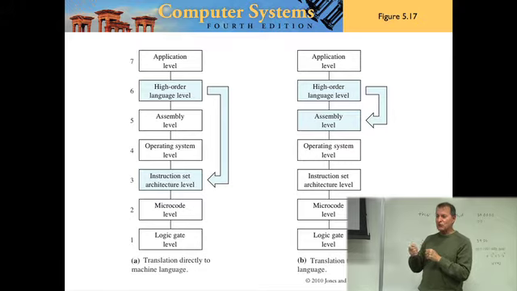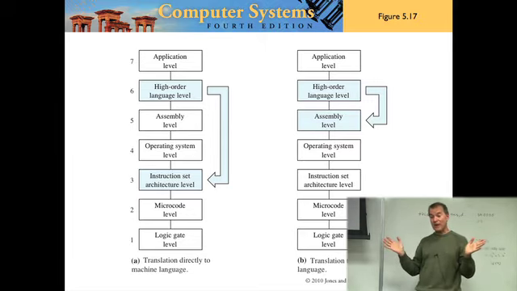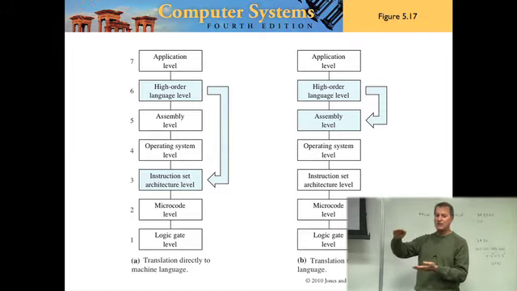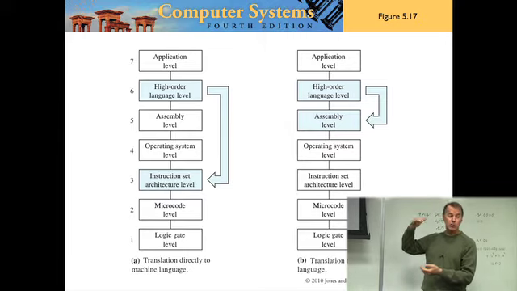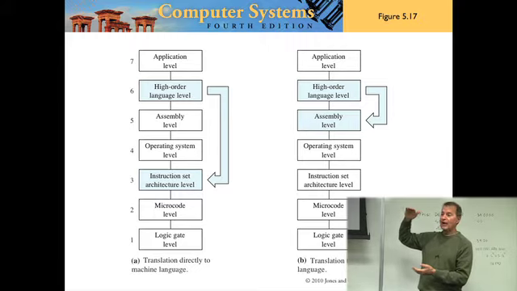So if you want to squeeze the ultimate performance out of your program, you could do what? You could write the whole program in machine code. Well, you're not really saving anything by writing in machine code compared to assembly language, because one assembly language statement is one machine code statement. Are you with me? So you're not sacrificing performance when you write in assembly language as opposed to machine code. But you could be sacrificing performance when you write in a higher-level language compared to writing in assembly language.